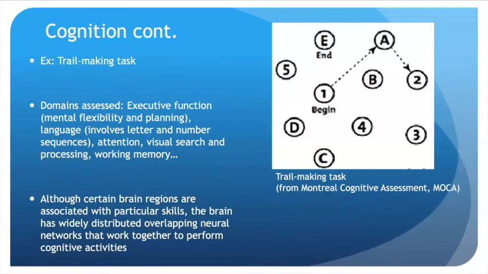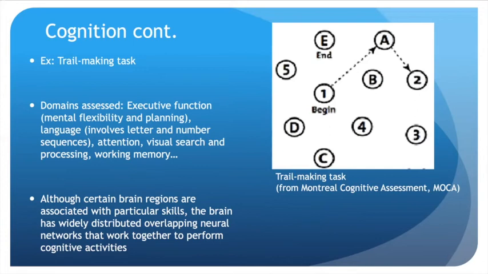So here's an example, a trail making task. There are numbers and letters in circles on this page. The directions for the subject or the patient might be, please take the pen and draw a line, alternating in order between the numbers and letters. Start at number 1, then go to letter A, then go to the next number, 2, and then the next letter, B, and so on. Please try not to lift the pen as you move from one number or letter to the next. Work as quickly and accurately as you can.